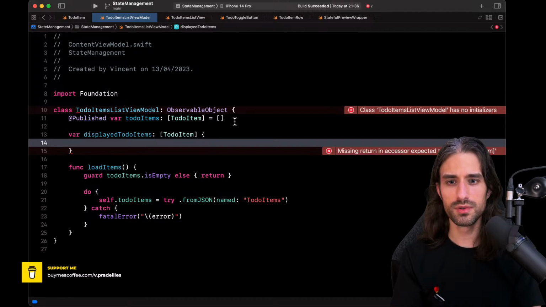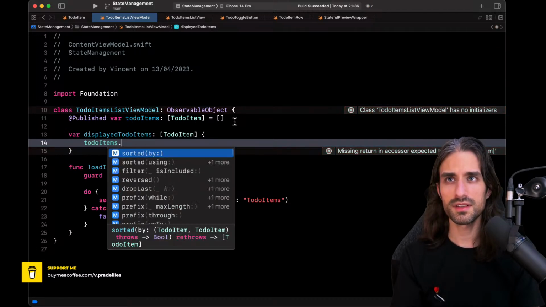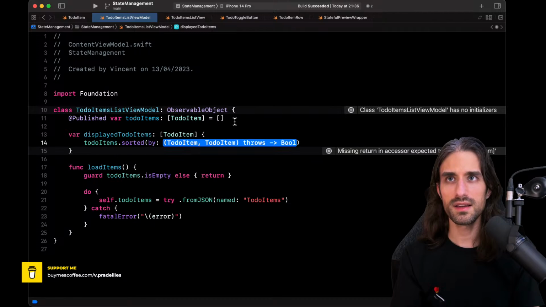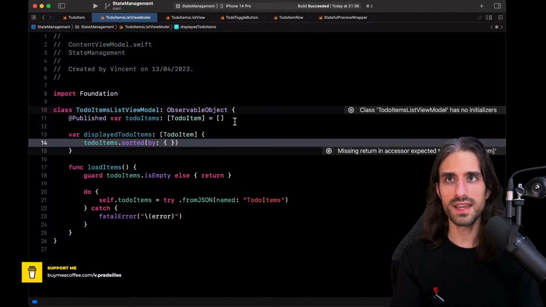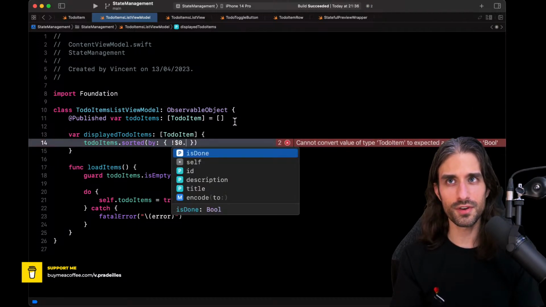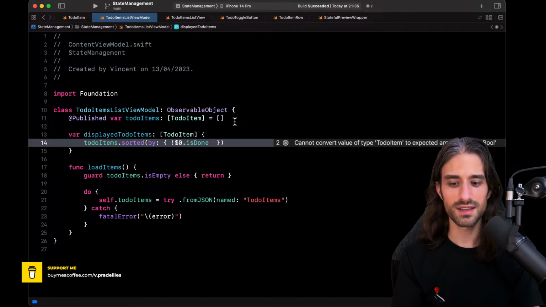So for that, I would do todoItems.sort(by:), and in the closure I get this condition, which is a bit weird because you need to wrap your head around it, but to sort the not done items first, and then the done ones, it's this condition right here.